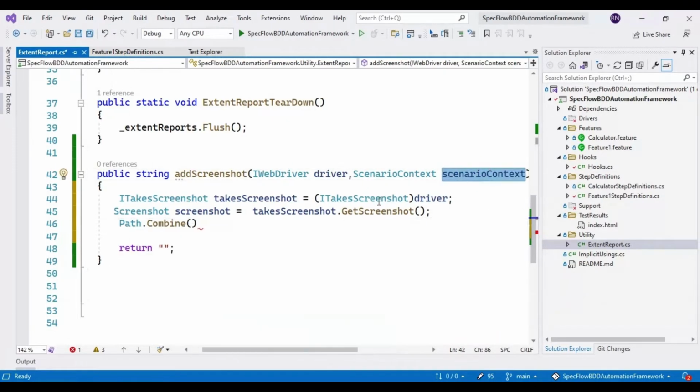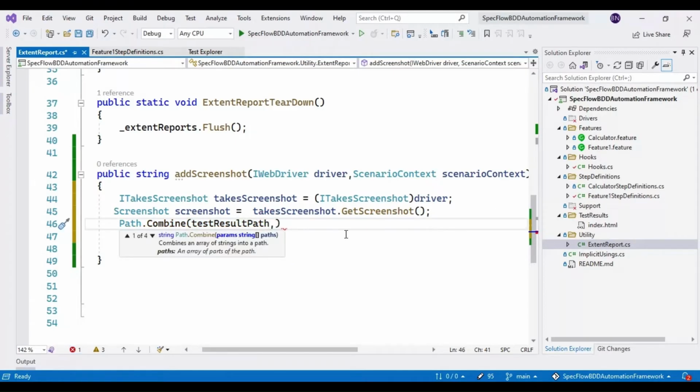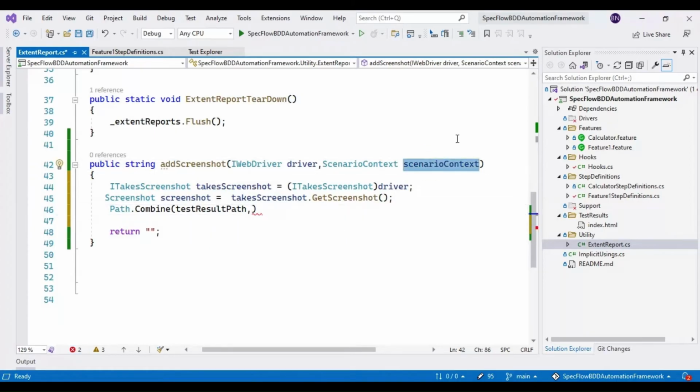At the end I'll provide the format of the image we want to store. So inside this I will pass test result path. I'm passing the location of the ExtentReport, followed by